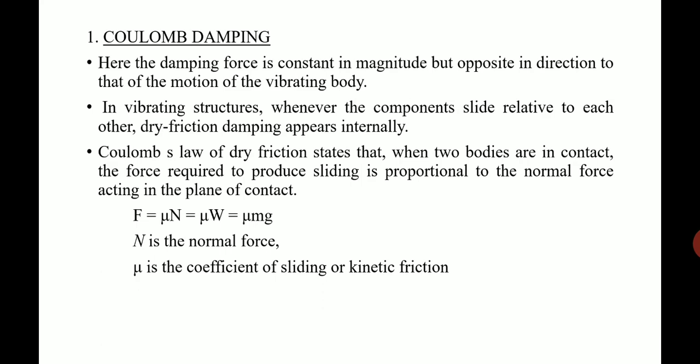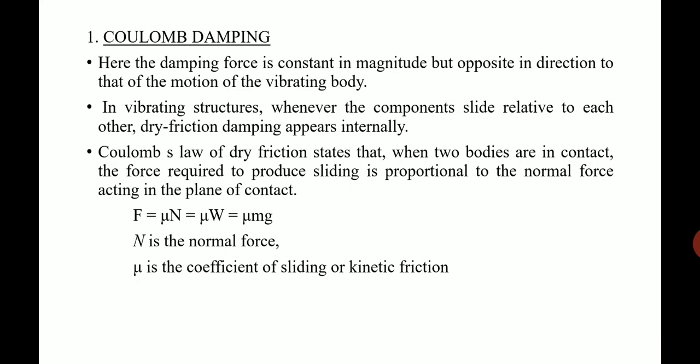So we have already learned all about friction in the previous semesters. So the frictional force F is directly proportional to the normal reaction. The normal reaction is indeed equal to the weight of the object. Therefore, F is directly proportional to N, or F is directly proportional to W. So the constant of proportionality: F is equal to mu into N, where mu is called the coefficient of sliding or kinetic friction. Okay, so that is the basic principle.